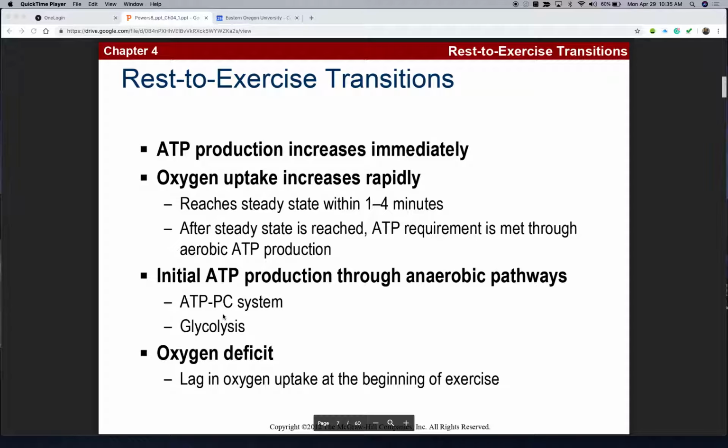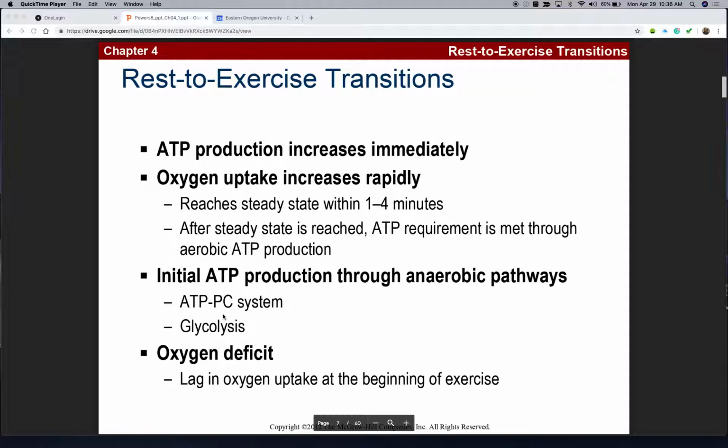And now, all of a sudden, I jump through that window, land on the grass, and start sprinting across the football practice field, right? There's a transition that occurs that challenges both homeostasis as well as the work demand that's being placed on the system, and we have to transition to that immediately. And understanding what's occurring at that transition gives us a lot of insight into the metabolic needs during exercise.